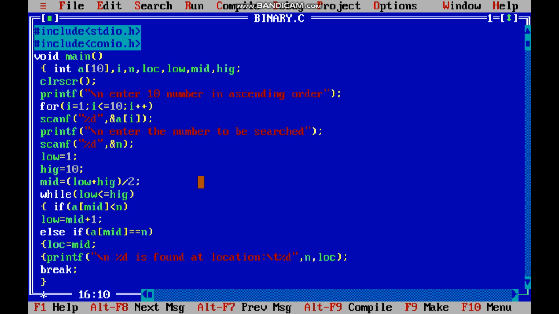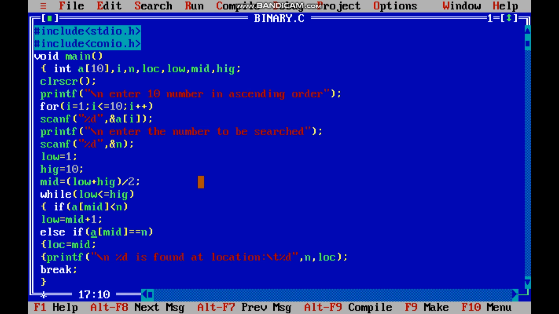When this condition is true, low will become mid plus 1, because the desired element must be placed on the right side of the mid, where all the values are greater than the midpoint.